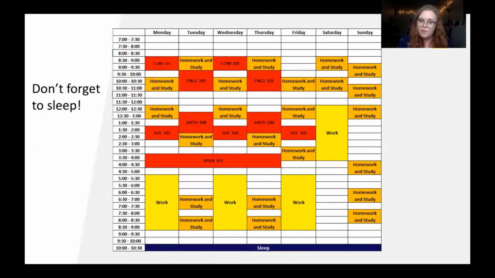Now, here's a really big one. Don't forget sleep. So set a bedtime for yourself. Listen, I am 25 years old and I have to set a bedtime for myself just to stay consistent, especially now when time kind of feels funky when we're all socially isolated. Having some consistency in your sleep schedule is really important for your mental health, for your physical health, for everything. So don't forget to do that for yourself.